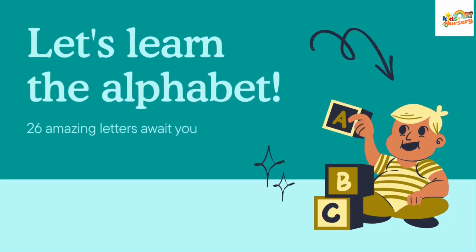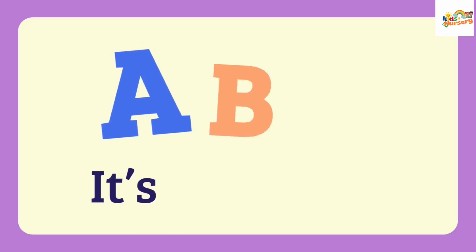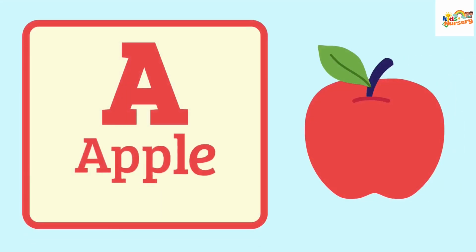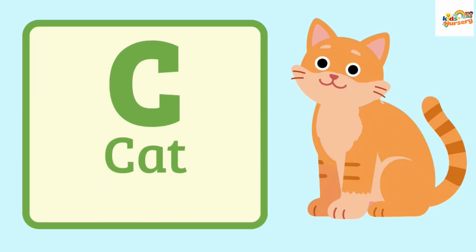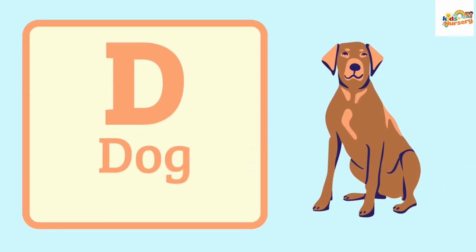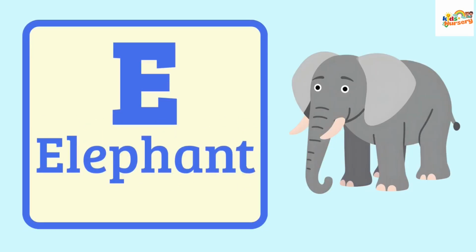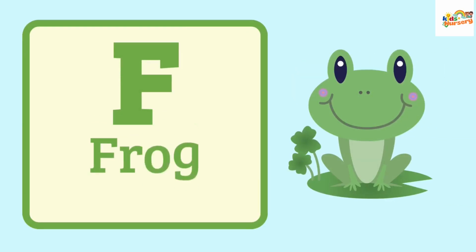Today we will learn ABC from A to Z. Let's begin. A for apple, B for bat, C for cat, D for dog, E for elephant, F for frog,